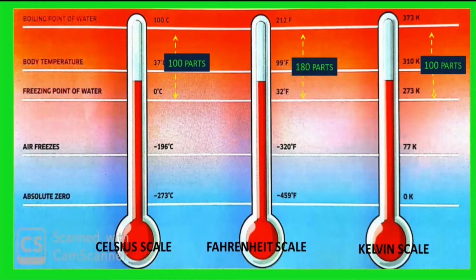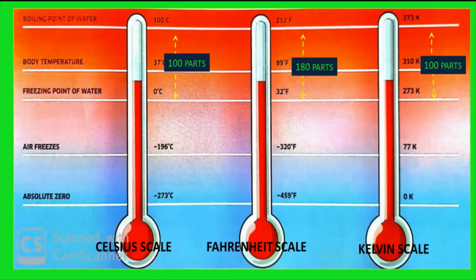Now let's see some different scales for measuring temperature. In order to develop a scale or a measuring device, we should define threshold values. Here, the freezing point of water, that is the point at which water turns into ice, is defined as 0 degrees centigrade, and the point at which water turns into vapor as 100 degrees centigrade, and between them we made 100 equal parts, and each part is called 1 degree centigrade.